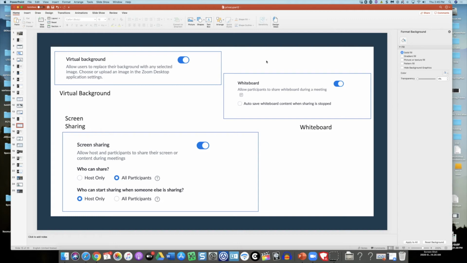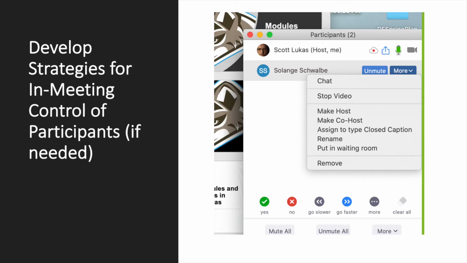So you can decide whether or not to mute these features or not. And then screen sharing, because obviously if someone could screen share, they could project immediately on screen pornographic or offensive or racist images. So we want to avoid that. We certainly don't want to put our students or ourselves in situations where our safety and security is compromised, even in psychological or visual senses. So kind of decide on those. That's another level of security you could choose.